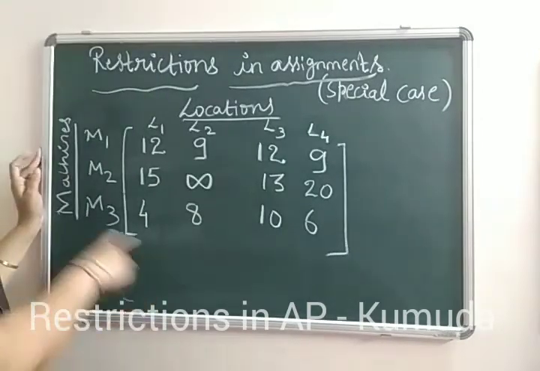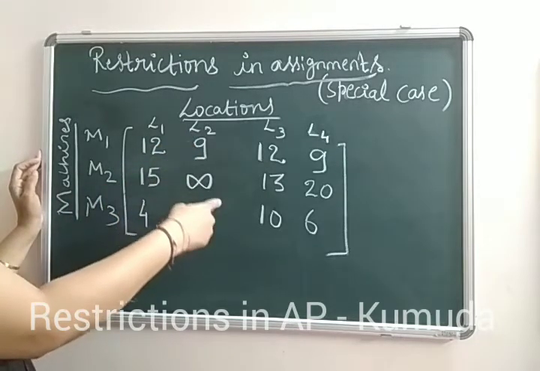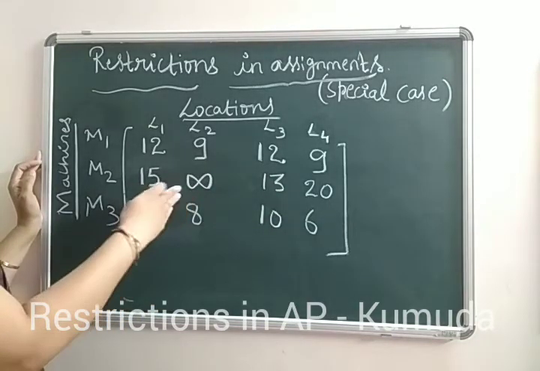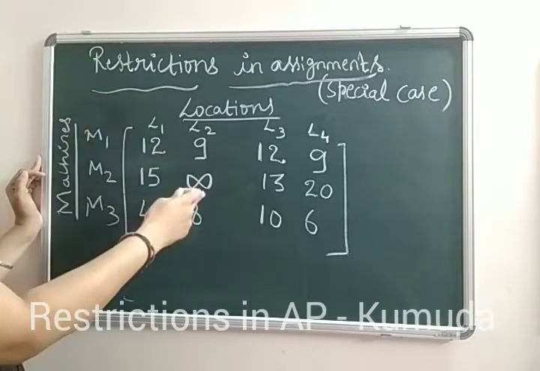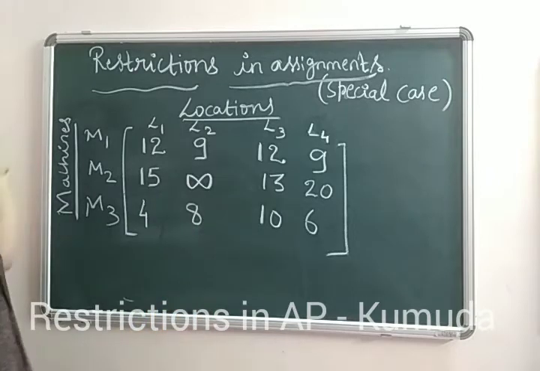In the previous step, we saw that machine 2 could not be installed in the location called L2, and it was given as not suitable. So in the next step, we have replaced the not suitable situation with an infinite element. That means there was a restriction in that particular place, and we have replaced it with the infinite symbol. Now this actually looks like a normal assignment problem. So go through the steps.